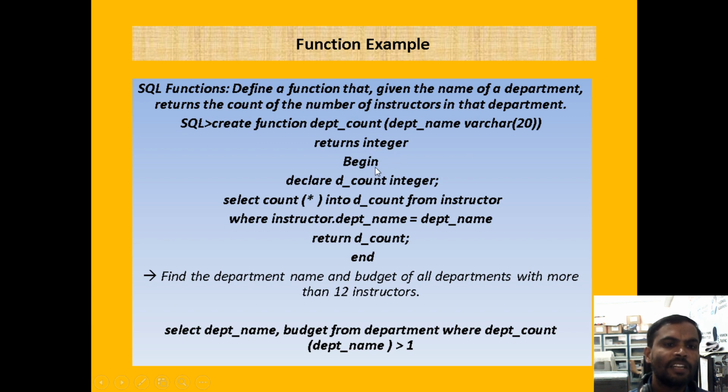Then we declare, and after declaring the count function, under the function we write the select query. After the select query, we return the value, and that value we pass under the return clause. At the end we close the function. If you want to execute the functions, at runtime we should pass the value for the parameter, after compilation. Functions will return the value, procedures will not return the value.